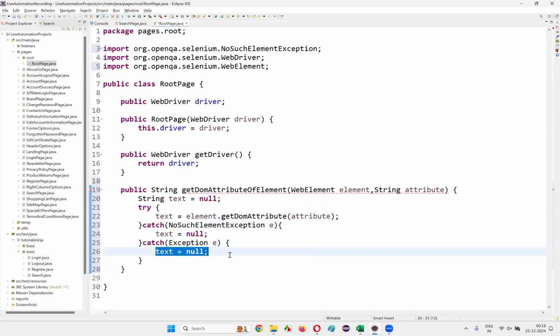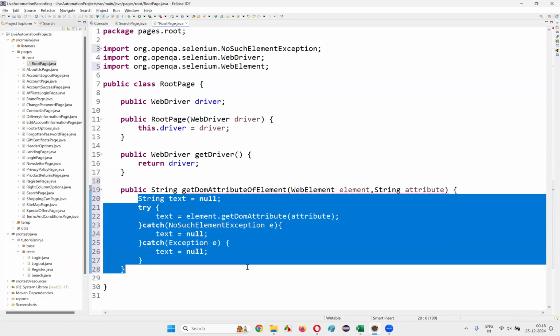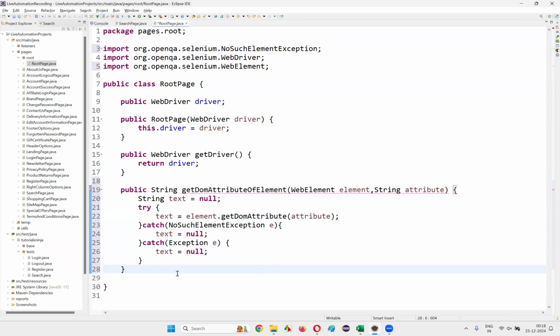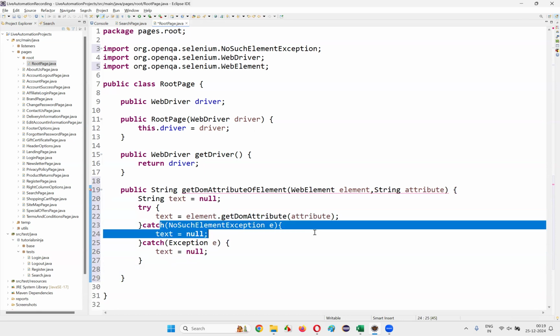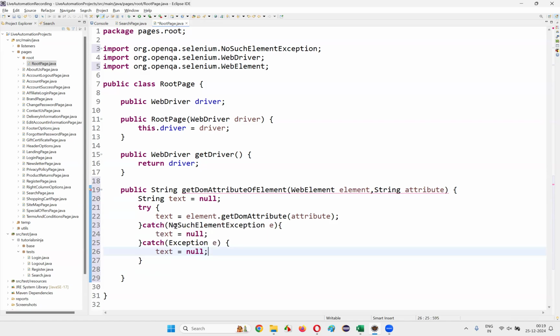If any other exception also comes, I have to say text is equal to null, okay. And do I need to print the exception details here in the output console? I don't know. For now, I'm handling the exception like this. So what is the reason for the exception? We don't know, but if an exception comes, no such element exception or any exception, I'll say text is equal to null,